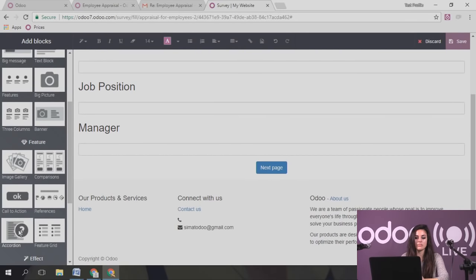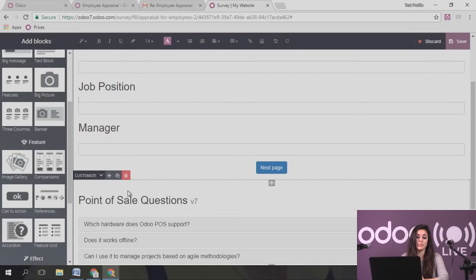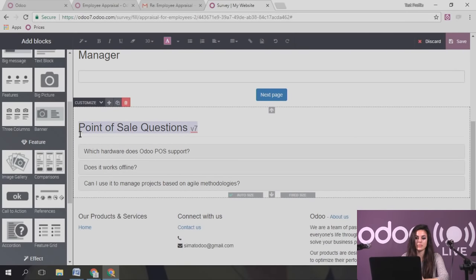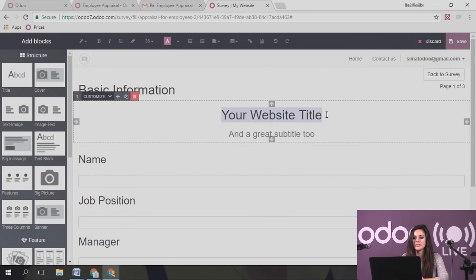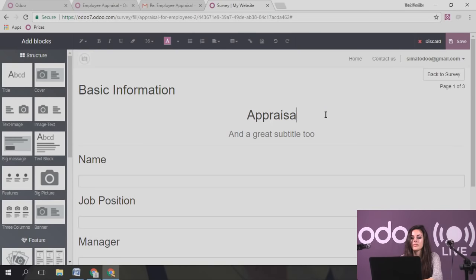Essentially, you could maybe also put an FAQ in case people want to know how long this takes, what do I need, can I skip answers, can I go back, etc. For now you can add a title, appraisal